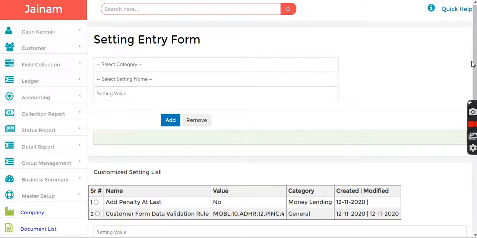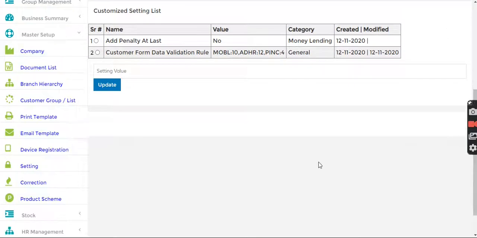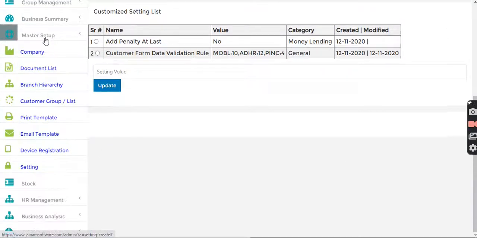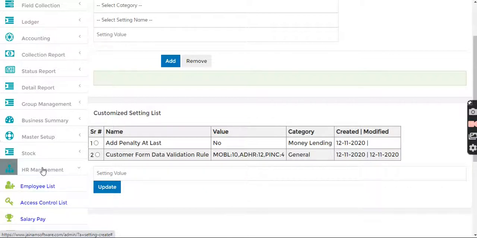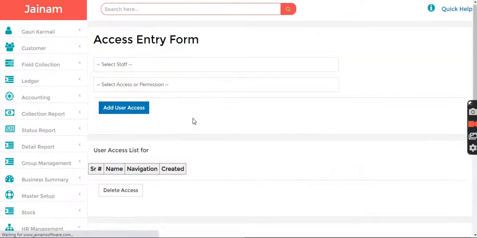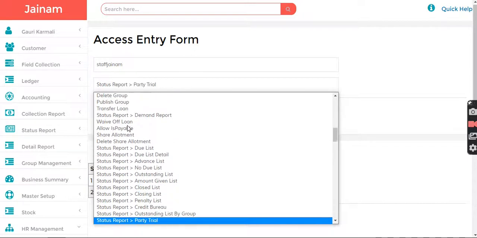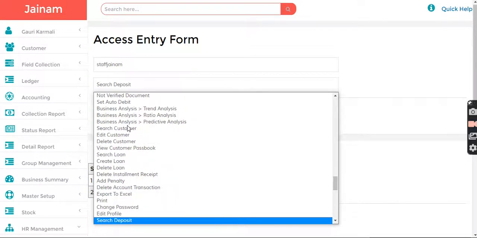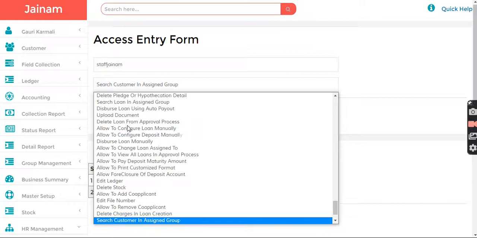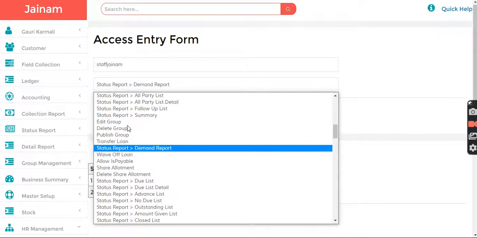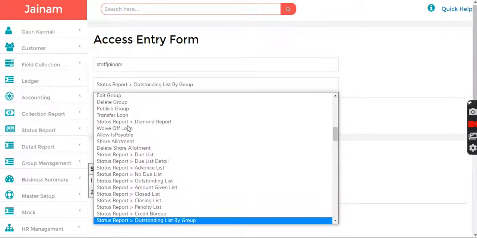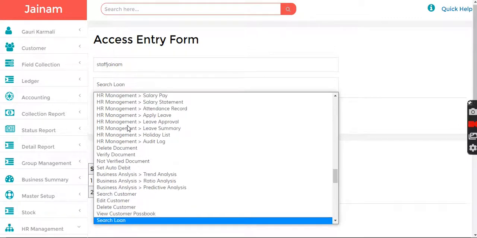Sorry, HR management, access control list. Search loan.